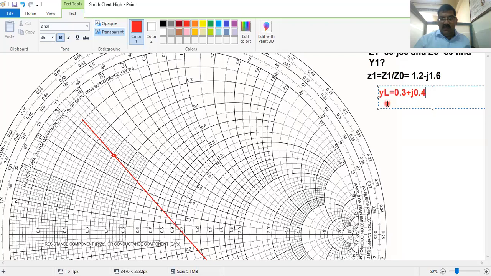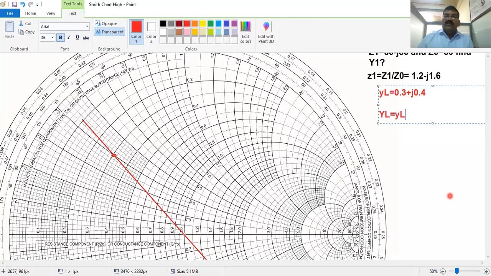So this is the problem solved on the Smith chart, but the other part is also required. What is the other part? In the other part, you have been given a problem in the normalized way, so you have to do the denormalization. For putting on the Smith chart, we divided these impedances by Z0. Now if you want to convert this admittance to capital YL, that is called the denormalization. How can we do it? This is small YL.